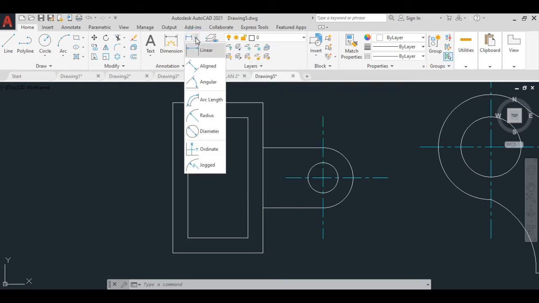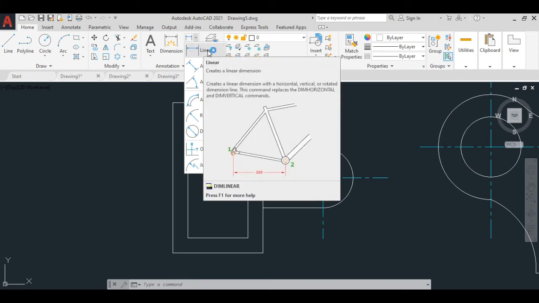Just click on this drop down menu. Here you can see the complete dimension styles, particularly the line options: linear, align, angular, arc length, radius, diameter, ordinate, jogged. First of all we'll do the dimension on our line.